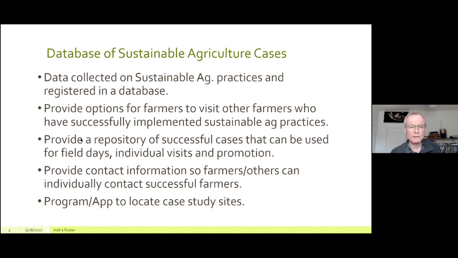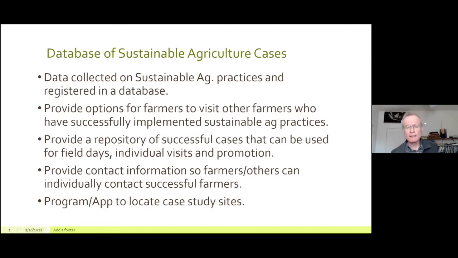So we see a lot of different uses here, again, identifying farmers that you could have a field day with, and also through the database and the app and the case studies provide information that you could hand out during a field day.